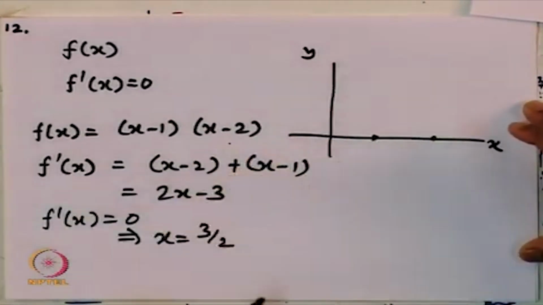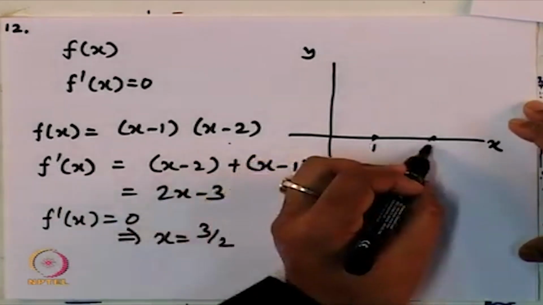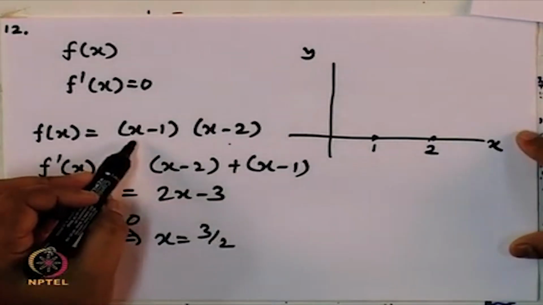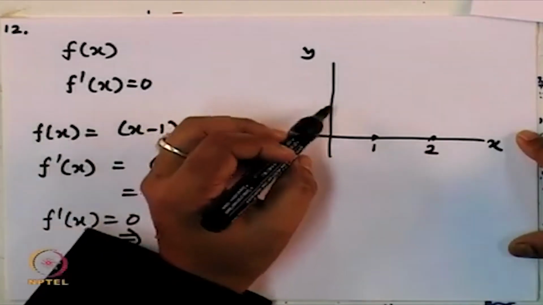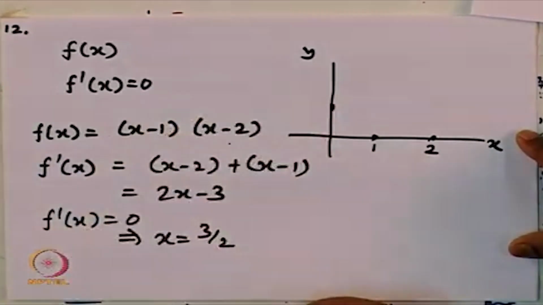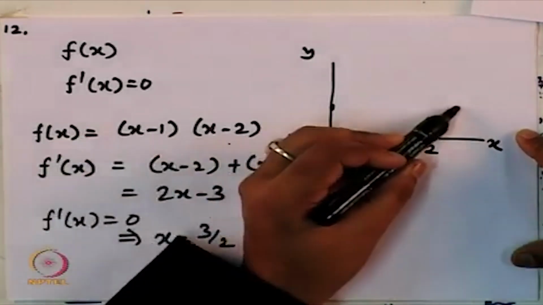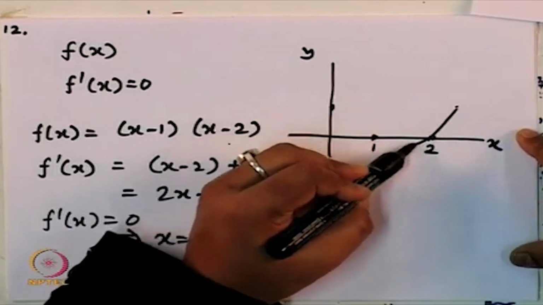At x equal to 1, the function is 0. At x equal to 2, so let us say this is my value x, this is my value 2. At x equal to 0, if I put x equal to 0, then it is minus 1 into minus 2, which is something which is positive. At x is equal to 3, for example, again it is positive. So, this tells me that the function will look something like,